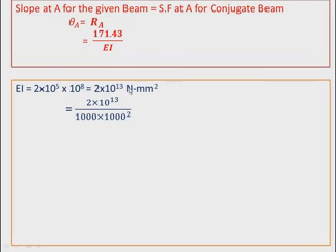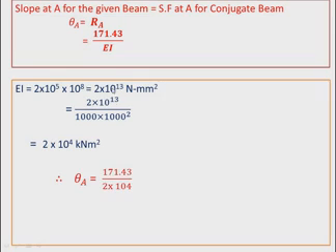Newton to kilonewton, you divide by 1000. Mm square to meter square, mm divided by 1000 squared, so that mm square will become meter square and Newton will become kilonewton. If you simplify this, you get 2 into 10 to the power 4 kilonewton meter